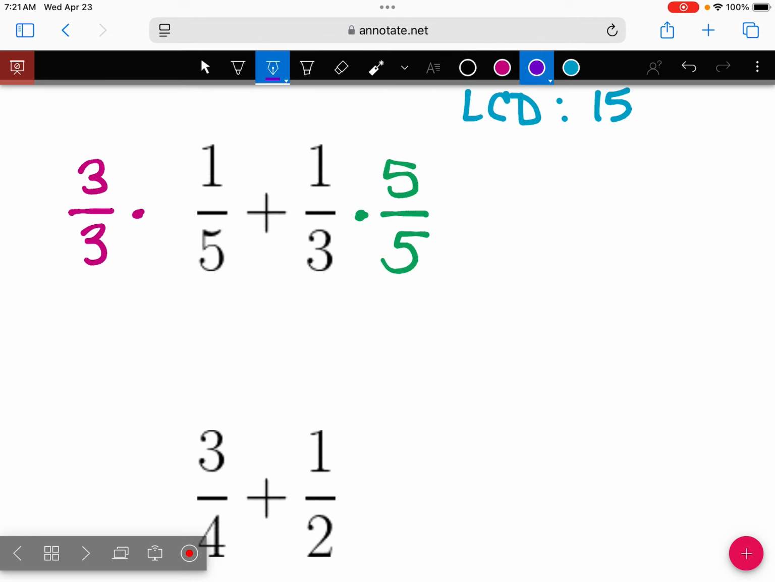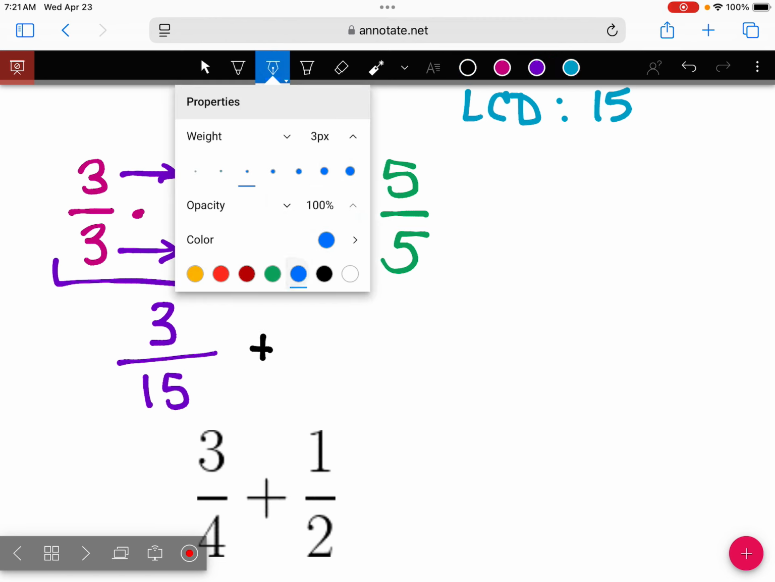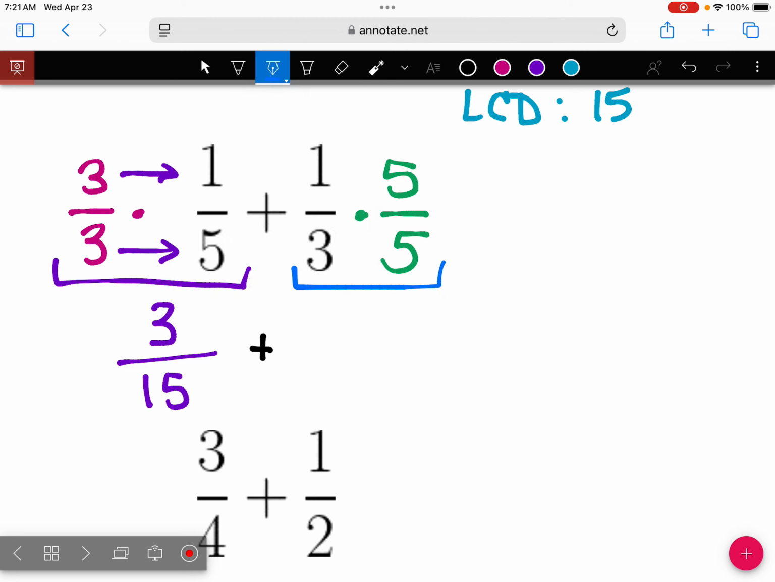So my 3/3 times 1/5, here we're getting our multiply across. 3 times 1 is 3. 3 times 5 is 15. So 1/5 is the same as 3/15. Then we're adding that to this 1/3 times 5/5, which is going to give us 1 times 5, which is 5, over 3 times 5,